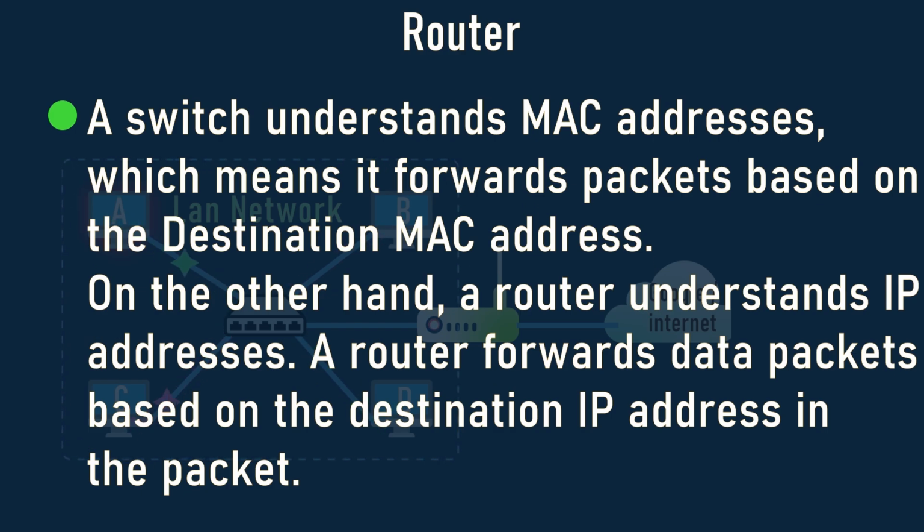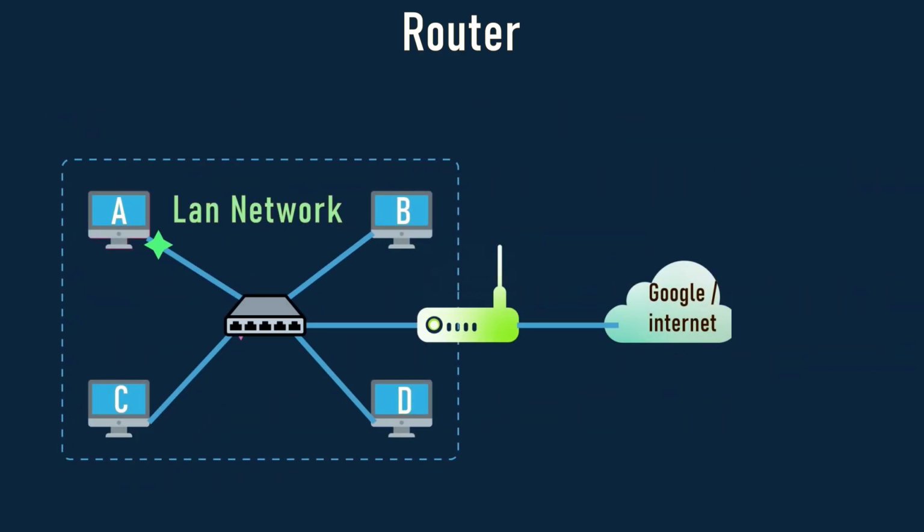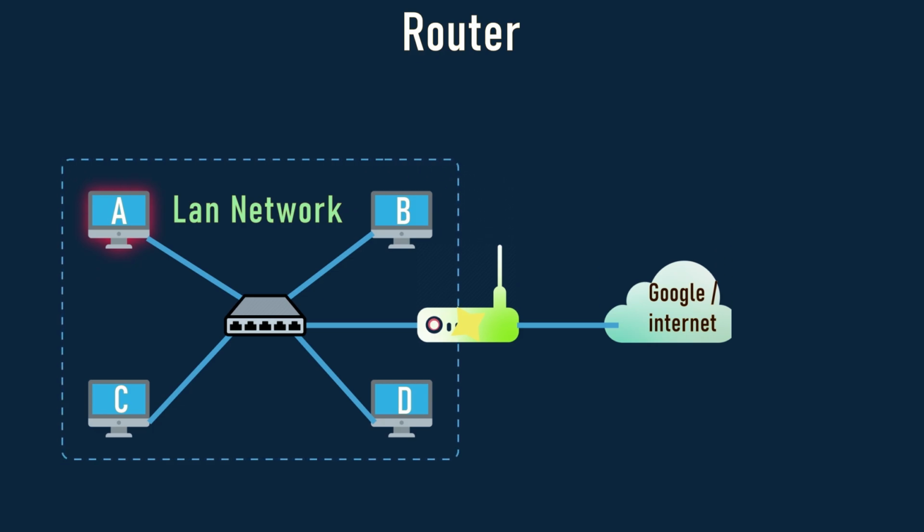Now let's understand the complete communication flow with an example. Let's say device A wants to access Google. The packet first goes to the switch, and then the switch forwards the packet to the router. As mentioned earlier, routers work with IP addresses. The router checks the destination IP address in the packet. In our case, the packet contains the IP address of Google, and based on this destination IP address, the router forwards